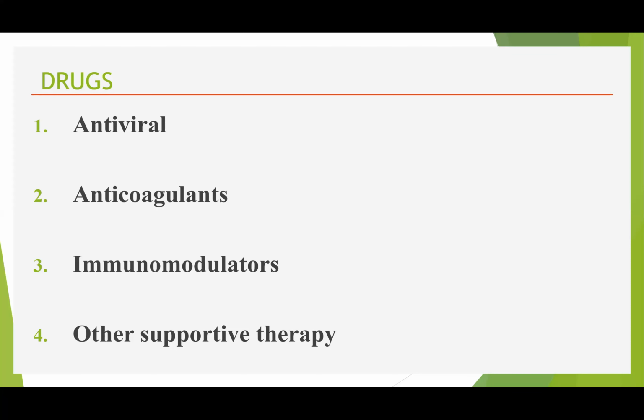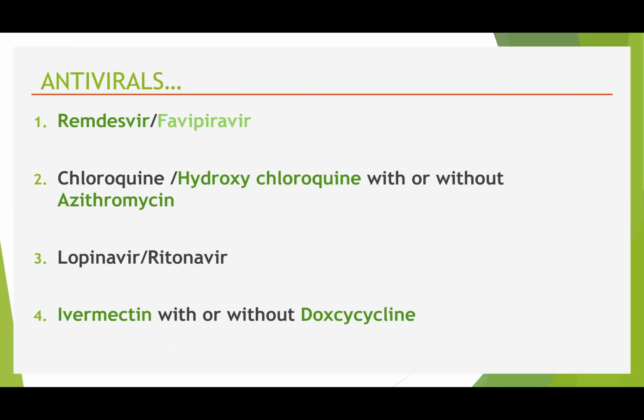A lot of studies have shown that there is no difference between giving remdesivir for 5 days or 10 days. That's why, as early as possible, when the patient is admitted to the ICU and is hypoxic, you have to start remdesivir. If remdesivir is not available, you have to start favipiravir. On the first day that is 9 tablets of 200 milligrams, that is 1800 milligrams BD, followed by 800 milligrams BD for 14 days. You have to use remdesivir and favipiravir. These drugs we are using now are showing good results also.